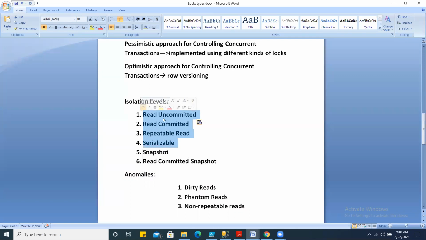I told you that if you execute any transaction under the read uncommitted isolation level, it may introduce the problem of dirty reads. You may see the problem of phantom reads and unrepeatable reads also under the read uncommitted isolation level. So this is the lowest isolation level you have.